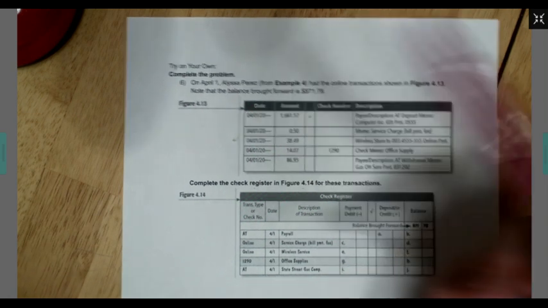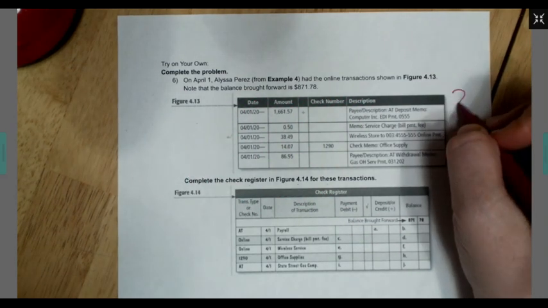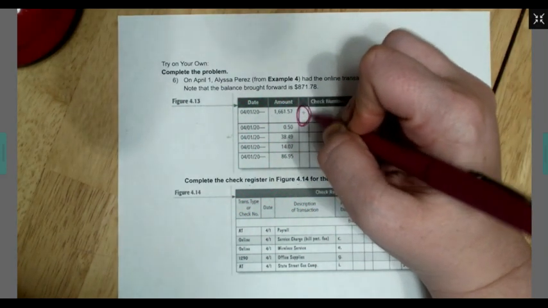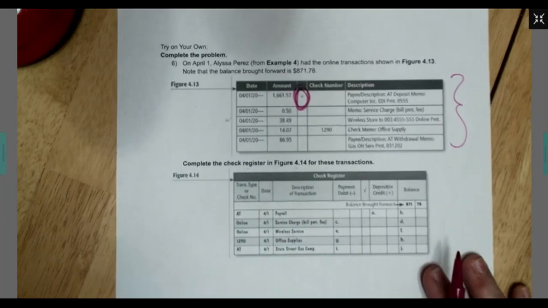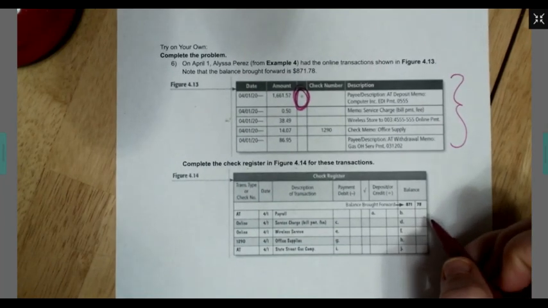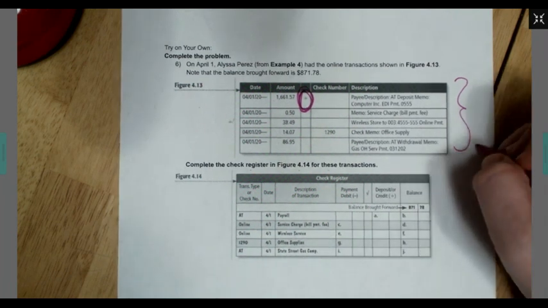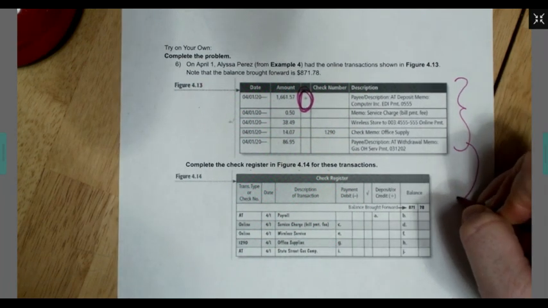Then it says, here's figure 4.13. These are all the memos, deductions, and credits. Check out this plus sign, okay? Then what it's asking you to do is complete the check register in 4.14 by transferring all this information down here